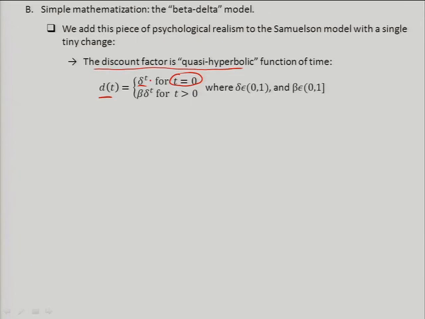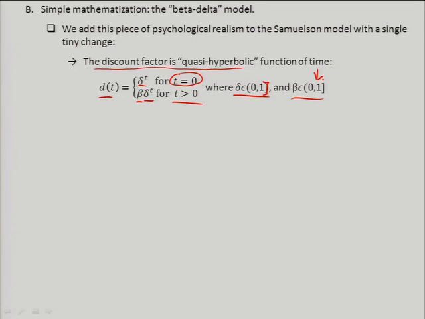And if t is anything greater than 0, anything in the future whatsoever, it's going to be delta to the t times this beta, this additional discount parameter, where delta, once again, is going to be strictly between 0 and 1. Actually, I should make that a square bracket, because in short horizons and for simplicity, we're also going to let delta be 1. And then beta is some number between 0 and 1, right? Where if beta is actually 1, then this just becomes the exponential discounting model again. Okay? But if beta is less than 1, what this says is that you are discounting everything in the future relative to the present. Okay?